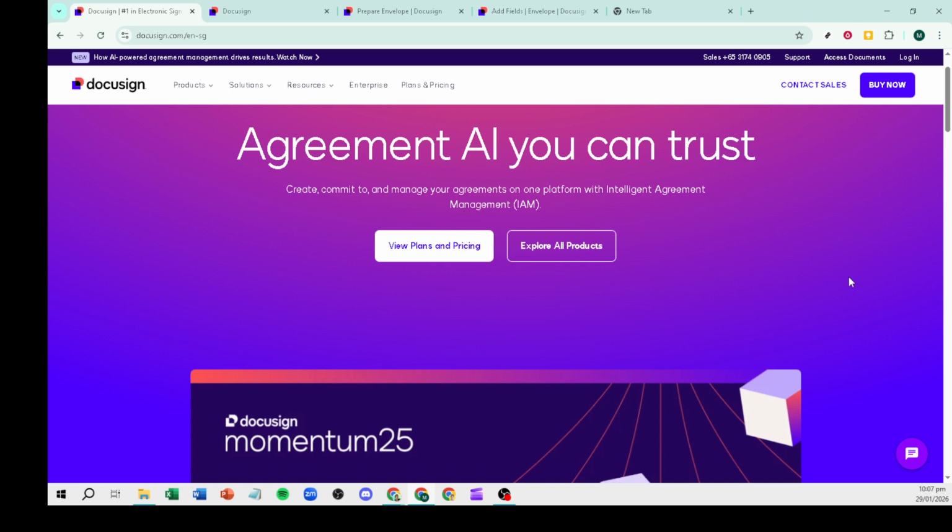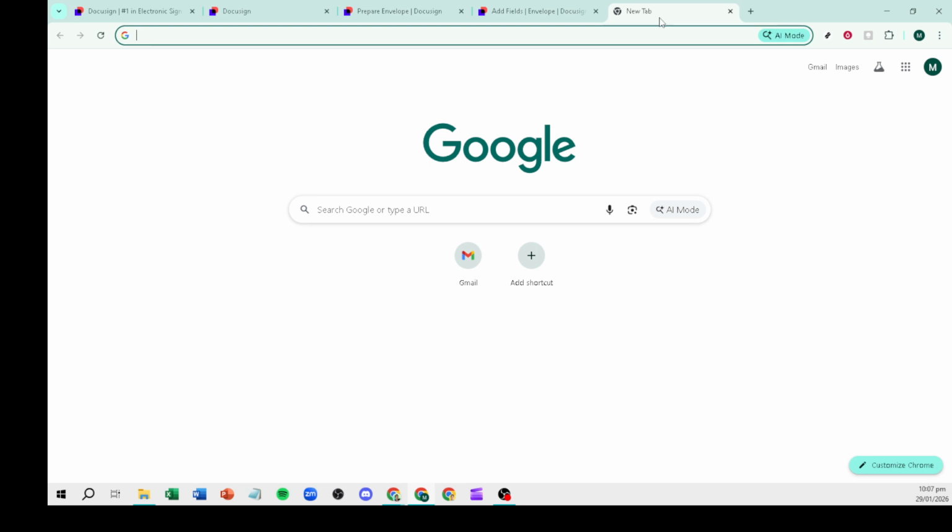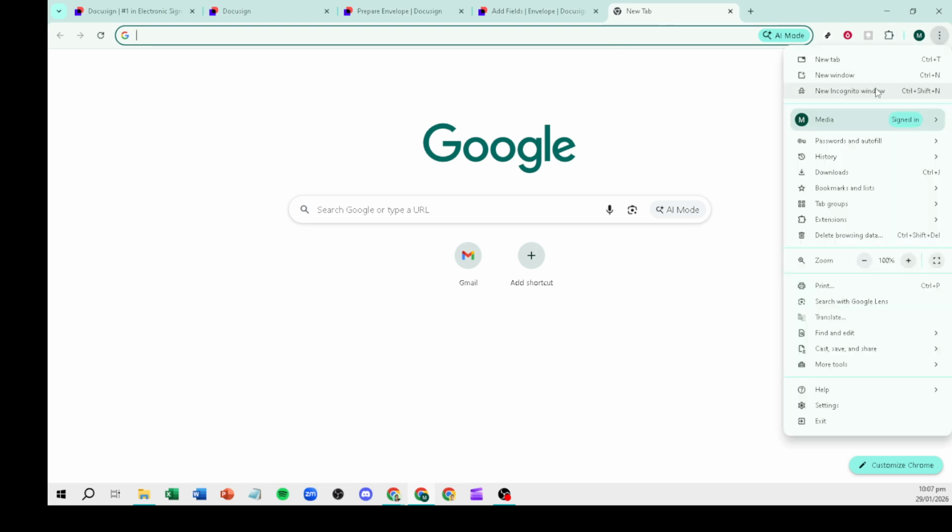Start by opening a new private or incognito window in your browser and try signing in there. Private mode runs without most stored data and often without certain extensions, so it's a great way to check whether something in your regular browser session is interfering. If you can log in private mode, that's a strong signal the issue is with your browser data or add-ons,